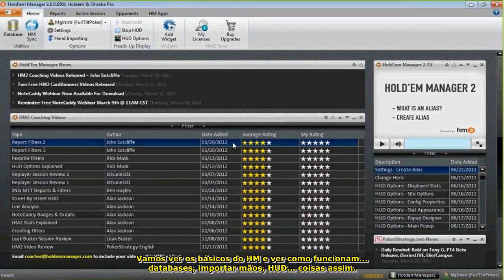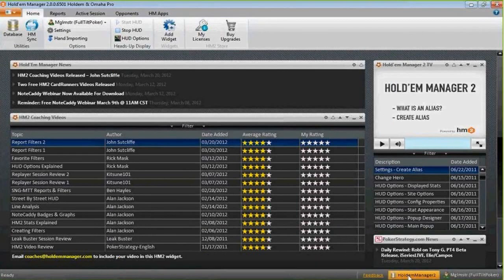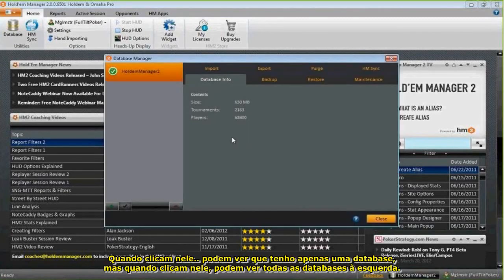Okay, so let's go over the basics of Holdem Manager and how it works. Databases, hand importing, HUDs, stuff like that. So the first thing is Database Manager. You can get to it here, but it's also always down here in the bottom right, no matter where you're at. When you click on it, you can see I just have a single database here, but all your databases